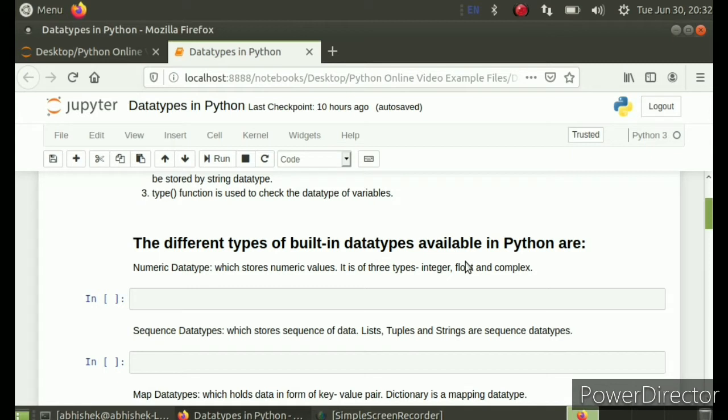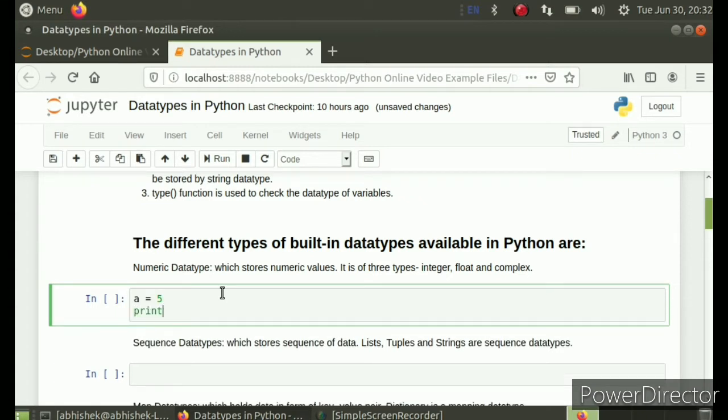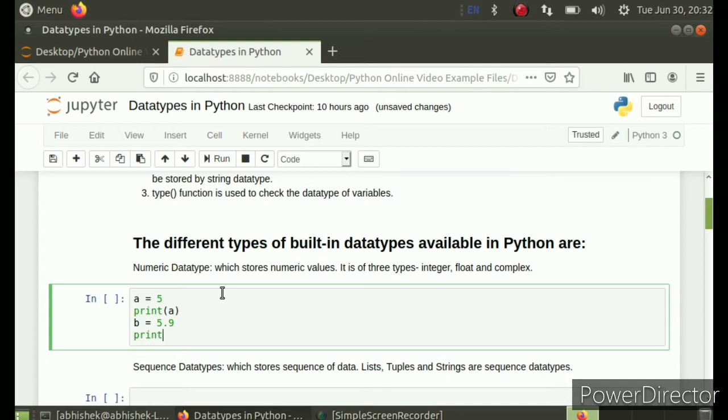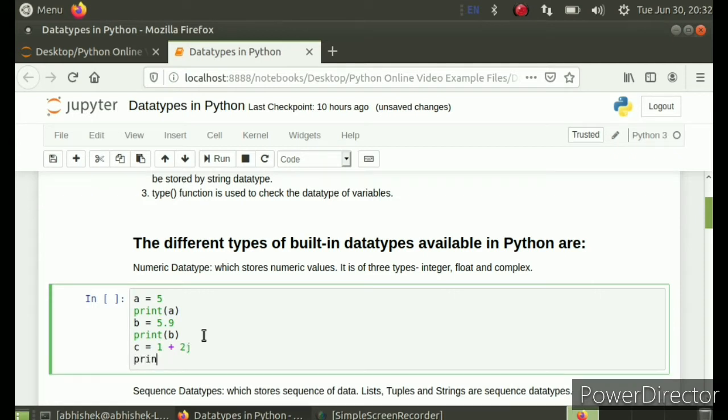First is the numeric data type, which stores numeric values, and it has been categorized into three types: integer, float and complex. Writing a equal to 5 and then printing a, print(a), we have already done this in the last lecture. We have already checked for integer. Let's check for float and complex. Print b, and taking another variable c equal to 1 plus 2j, print c.